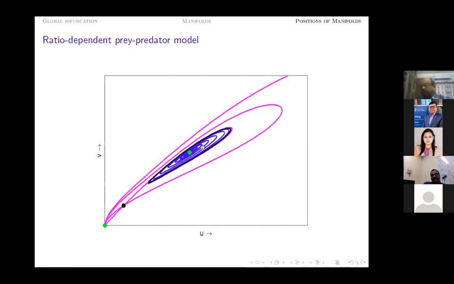Among them, again, this blue color curve is an ordinary trajectory. The black color curve is an unstable limit cycle. But the magenta color curves are actually manifolds. Therefore, if we remove some of them one by one, you can see the inner ordinary trajectory is now removed, and finally I can remove the limit cycle also.